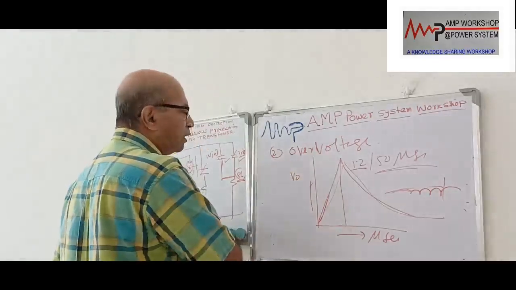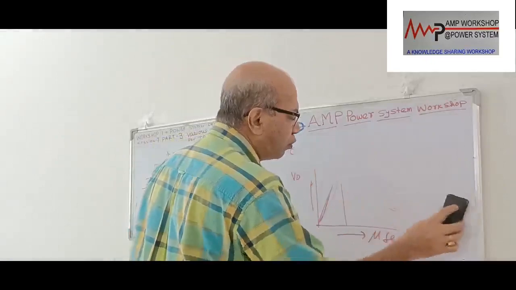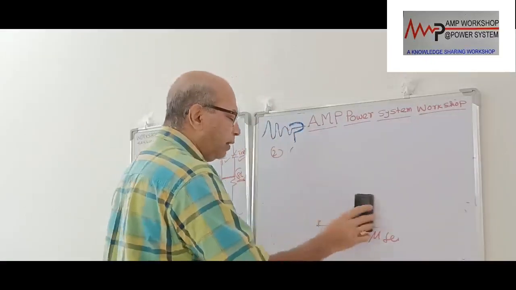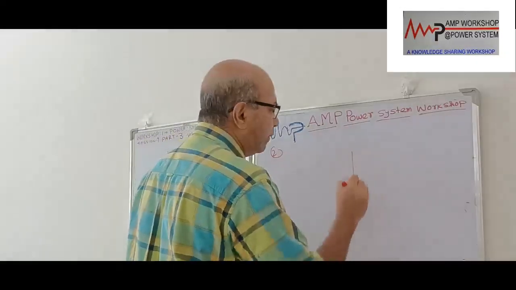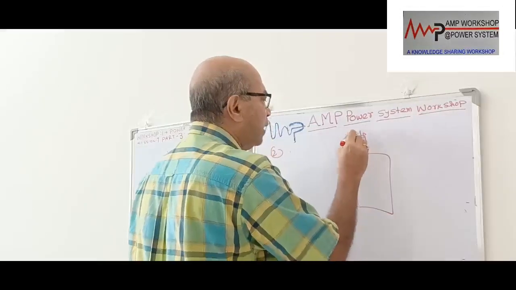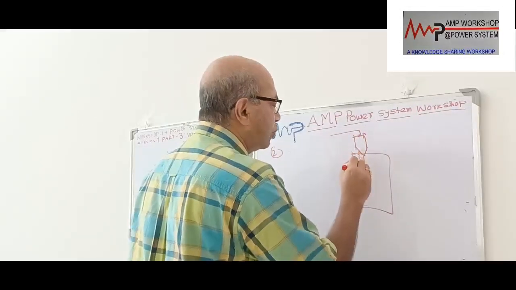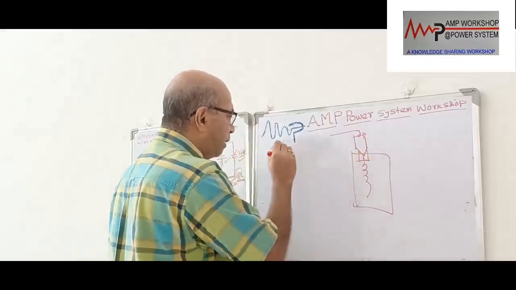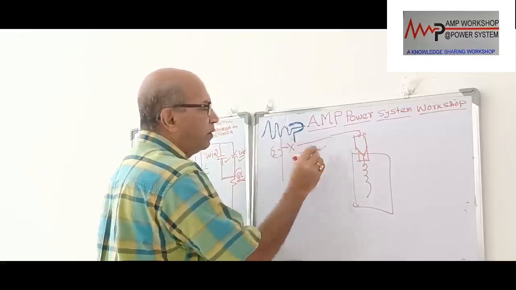So to protect this transformer, what do we do? We already said there is a lightning arrestor we put on the transformer, between the circuit breaker and the bushing. Suppose this is a transformer and this is a bushing connected over here. Then the overhead conductor is connected over here, and the winding is connected over here. Now this is coming from a switchgear. Suppose this is the switchgear, this is a breaker, and it is coming from the switchgear.